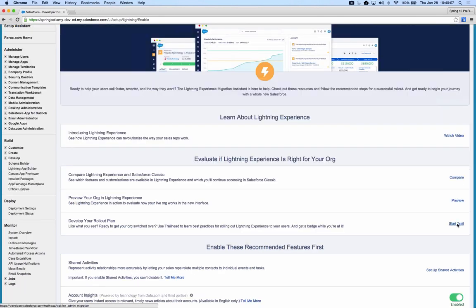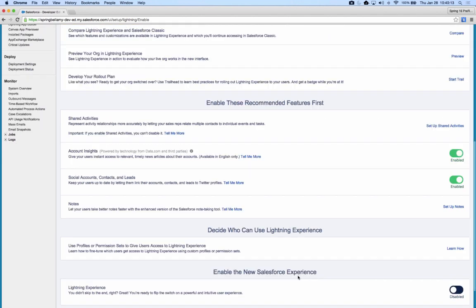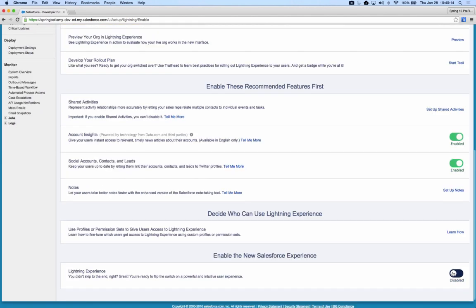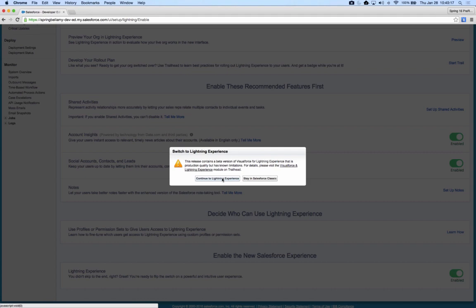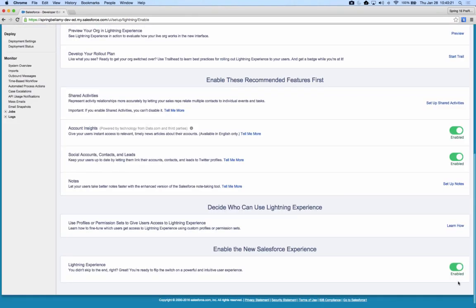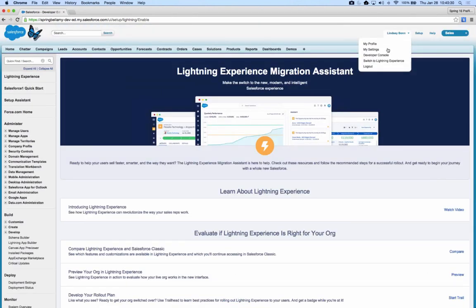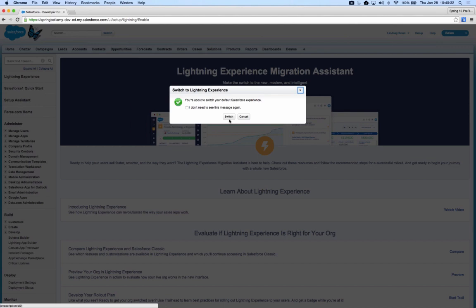We also have, of course, Trailheads. We've got links to our Trailhead trail that enables you with the best practices for rolling out Lightning Experience, and of course you get a badge. Now, when you're ready, you can go ahead and enable Lightning Experience. So I did see a question come through. I might answer questions as we do this. In someone's sandbox, they have Lightning enabled. You can just flip this back if you want, if they had asked how you turn it back off. But also, if you want to go back to Classic once you've enabled Lightning, you always have the option to toggle back and forth.